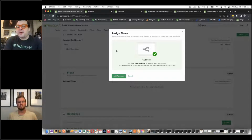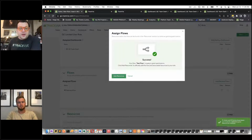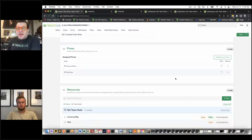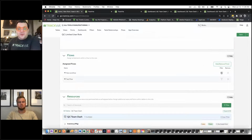We have a new modal here that is checking just to make sure that all of the resources that are needed in that flow have been permissed to the role itself and that there's no conflicts in the way that the permissions are set up. So I'm going to go ahead and approve these resources to get added. Actually, I'll go ahead and add another flow as well while I'm at it, just to show that you can add multiple. Click done,